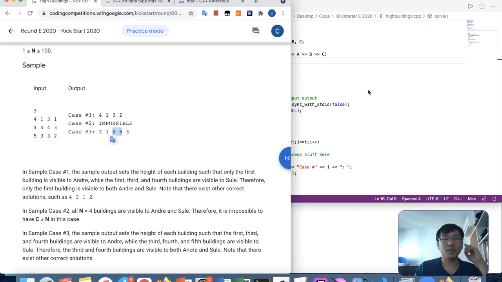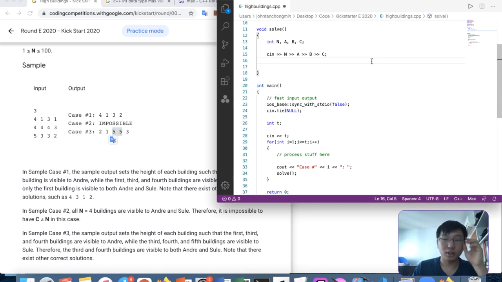Yeah, let's just do a simple solution. Okay, so we do from Andre's perspective first. We just optimize Andre's perspective. So maybe over here we can have,